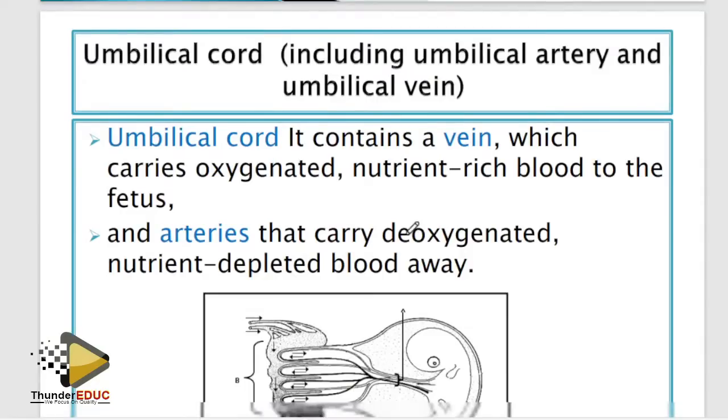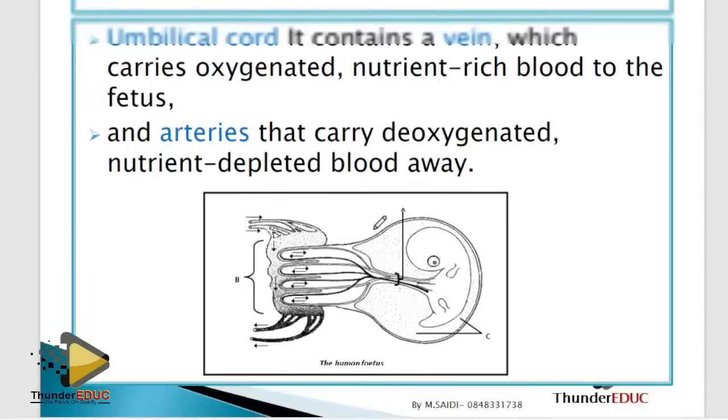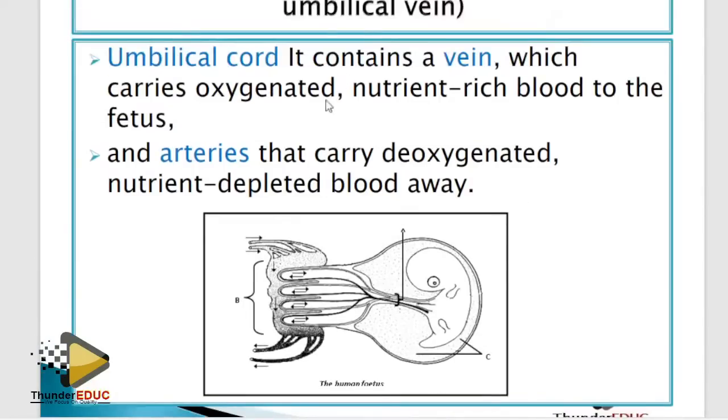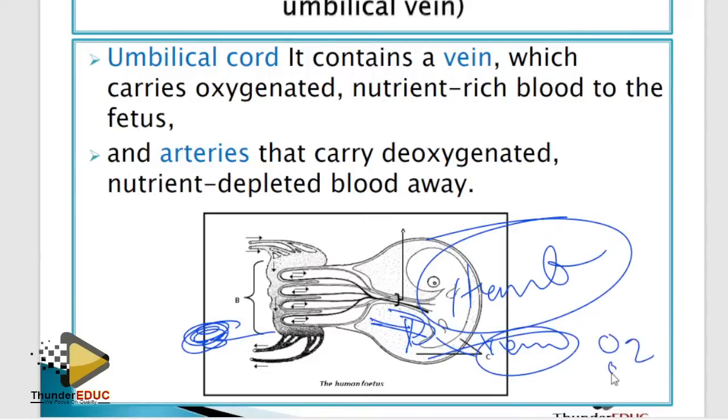Umbilical cord. Yes, they brought this and then students fail. Please. Artery takes blood away from the heart, while vein brings blood to the heart. So this is the heart of the baby. So we are referring to the heart of the baby. So the blood vessel which brings blood to the heart is a vein. And because it's coming from the mother, it will be rich in oxygen and nutrients.